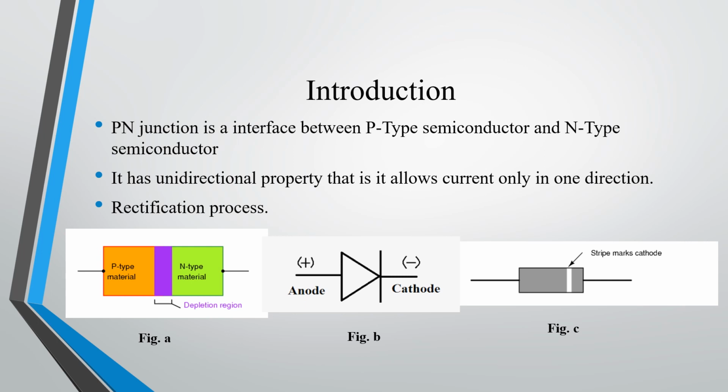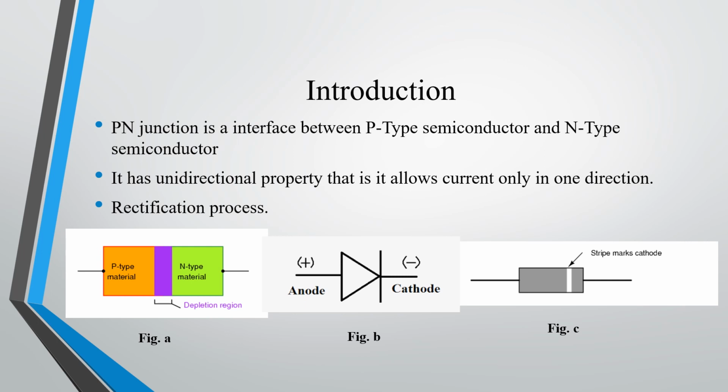In order to improve its electrical conductivity, a doping process will be done, that is, addition of impurities to the intrinsic semiconductor. Once the doping process is done, an intrinsic semiconductor becomes an extrinsic semiconductor. Depending upon the type of impurity doped to an intrinsic semiconductor, these will be classified into n-type and p-type semiconductors.